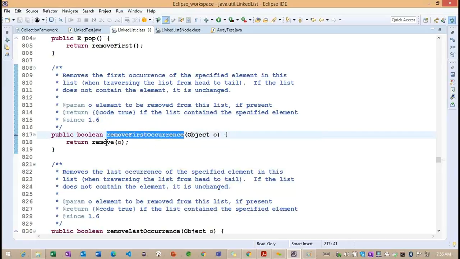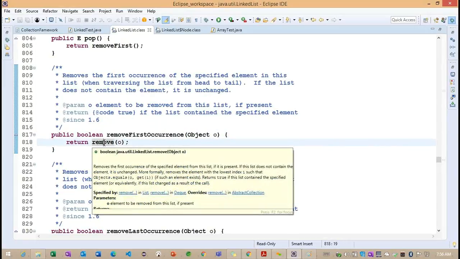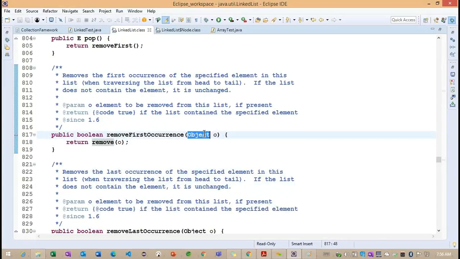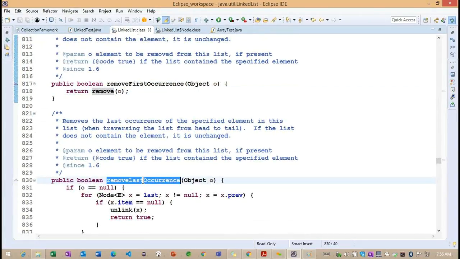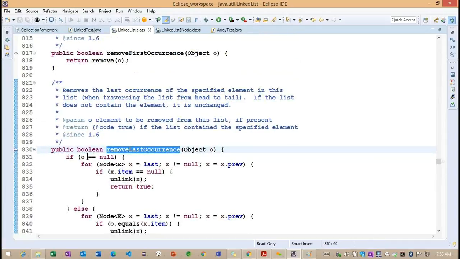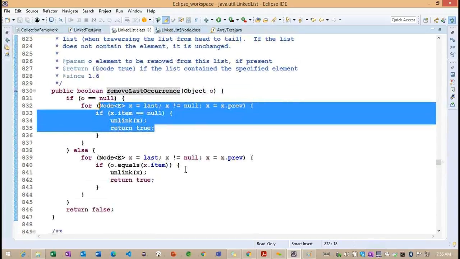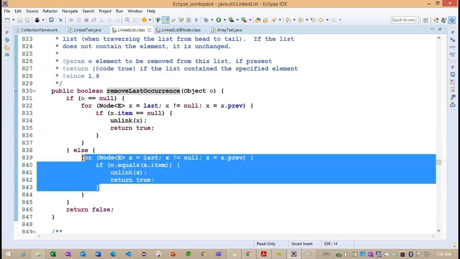You can see remove first occurrence is calling the remove method with the object parameter we identified here. In the same way, for remove last occurrence, if the object is null they call this particular iteration, and if the object is not null they call this other iteration, which we already identified. So these are the methods implemented in our linked list class.